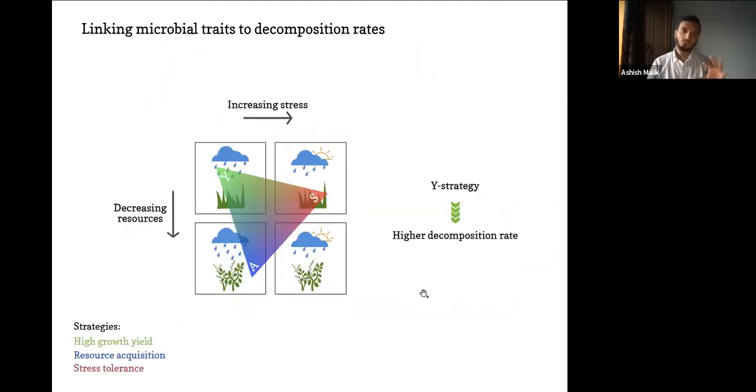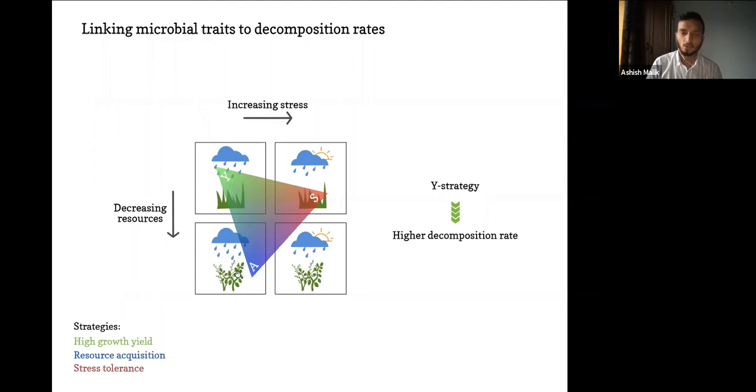So with that, I'd like to just summarize the second data set that I presented. Here we hypothesized that in the shrub litter, decomposition will be higher, and that was the case. Sorry, grass litter decomposition would be higher, and that was the case. It was slightly lower, although not statistically significant, in the drought treatment. And we couldn't really see the drought treatment making a big change in the shrub communities.